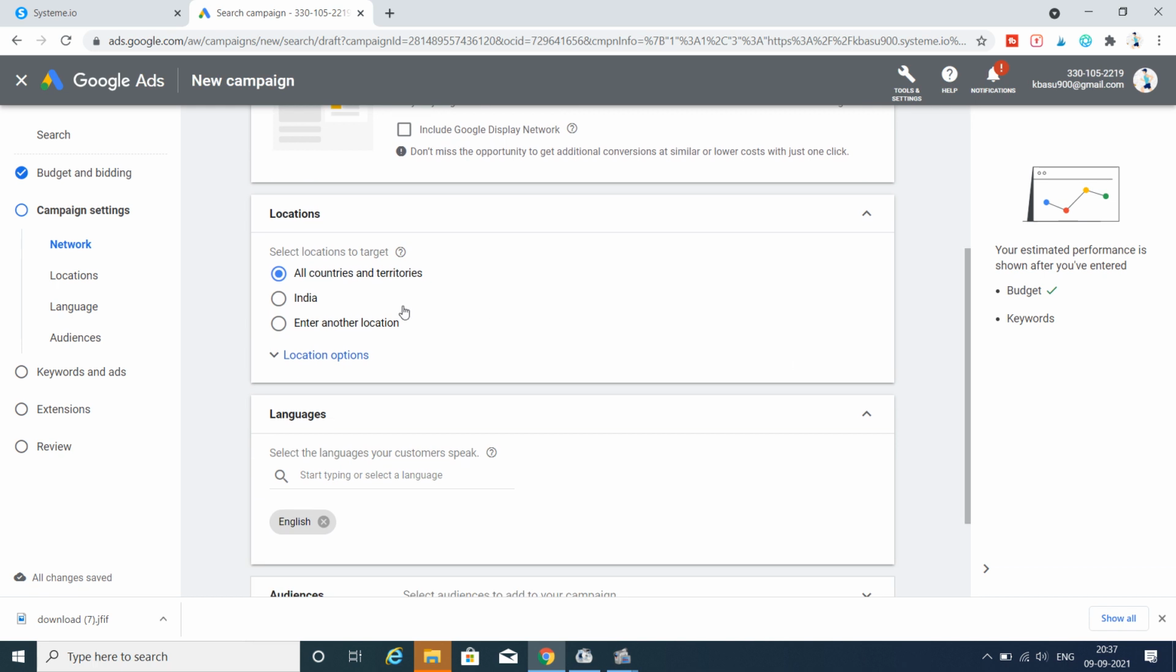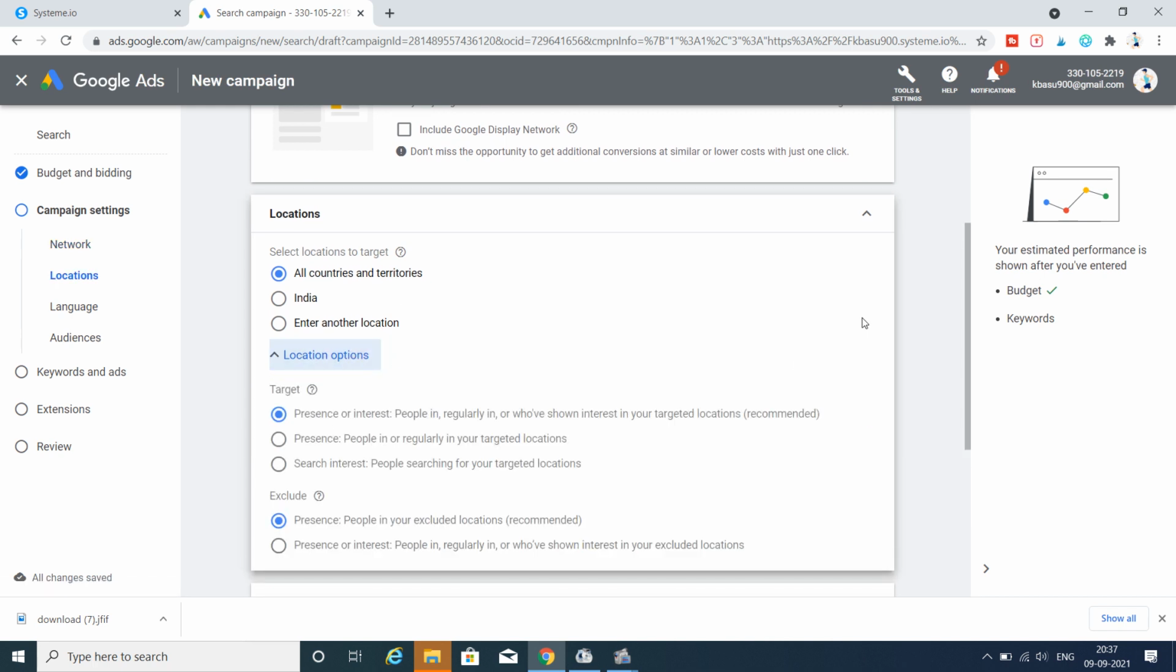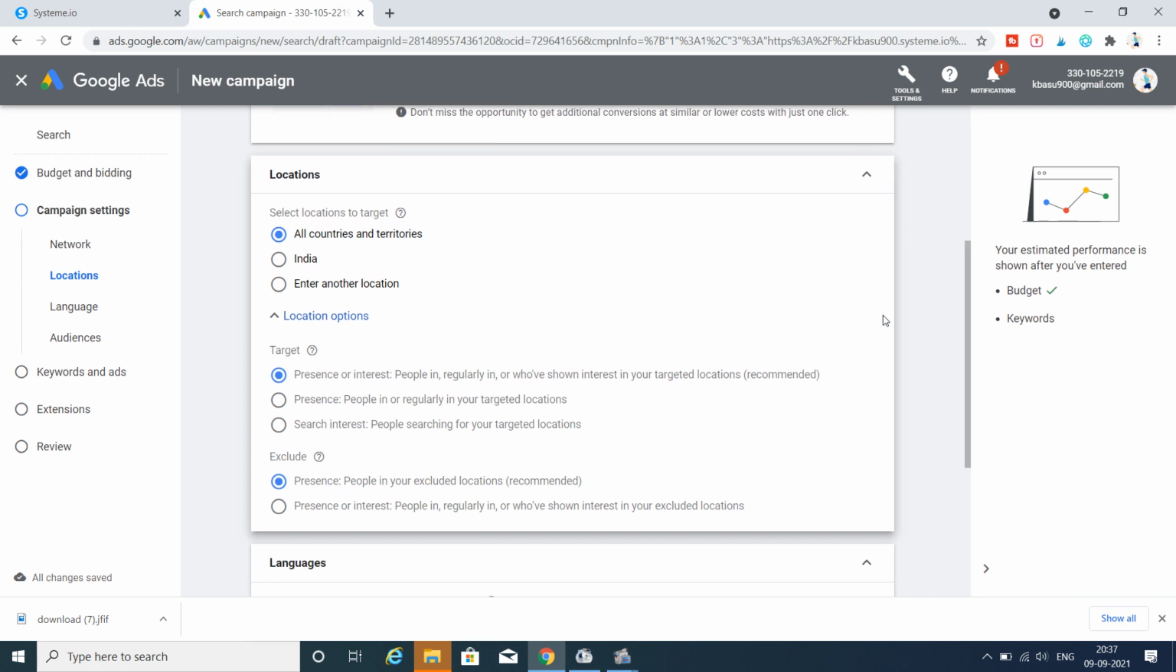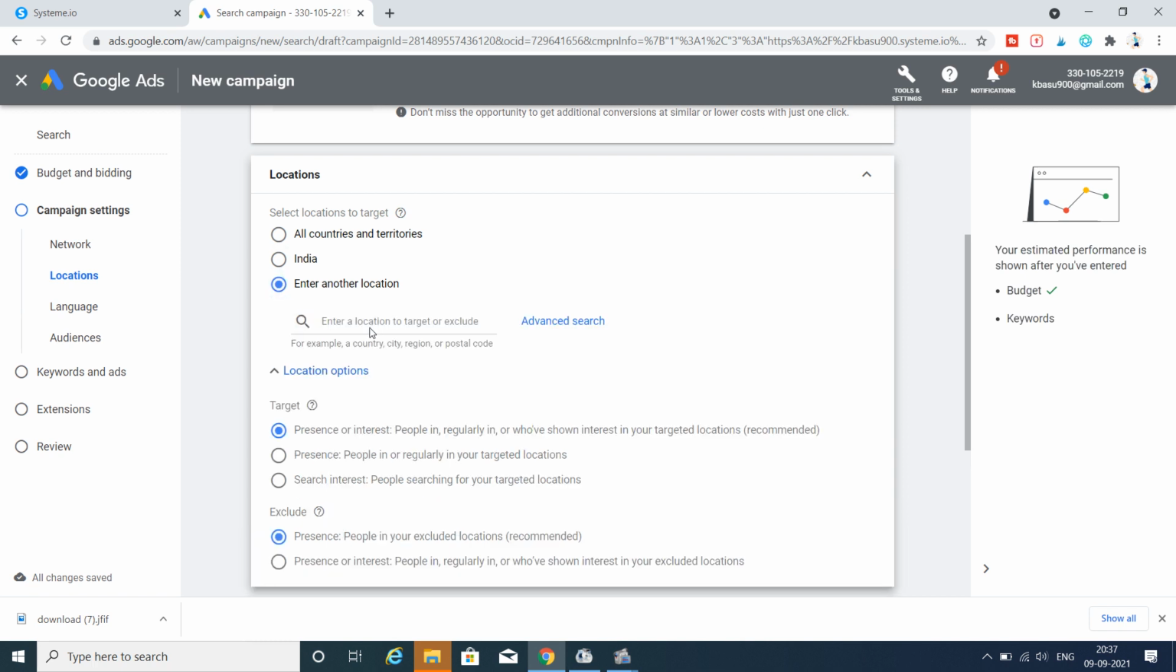And countries, I generally prefer USA and UK. You can run your ads in any country you want, but I generally prefer USA and UK. So we'll click on enter another location, and then just type in USA